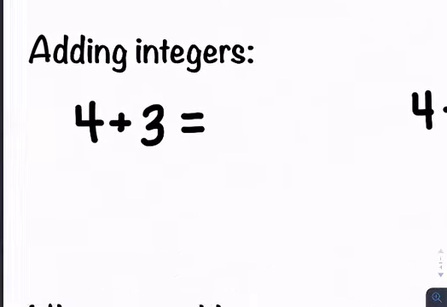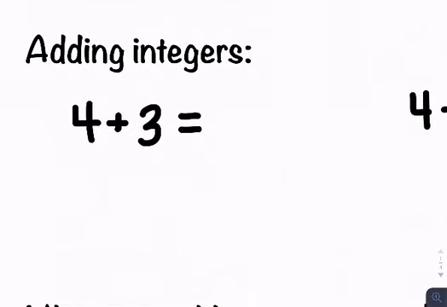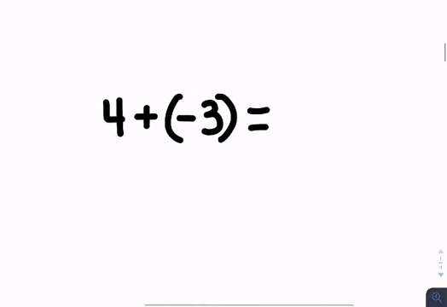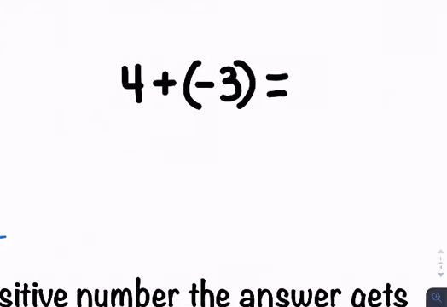And the first one is positive 4 plus positive 3. So we're going to look at this with our tiles. If we start with 4 positives and we add 3 more positives, we have 7 positives. If we do 4 positives and instead we add 3 negatives,